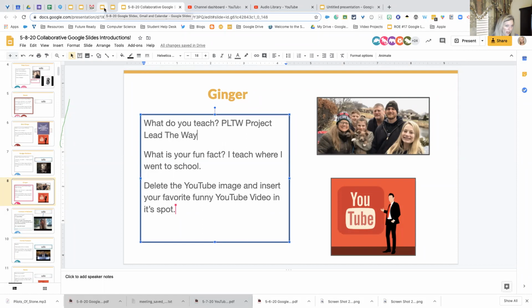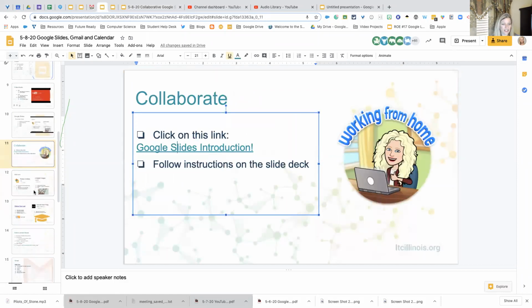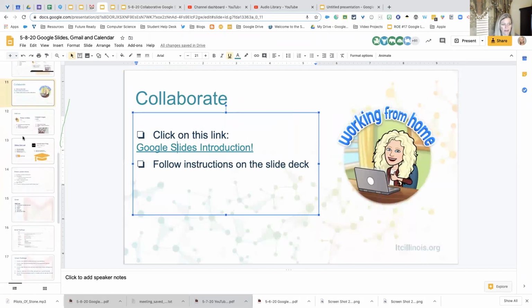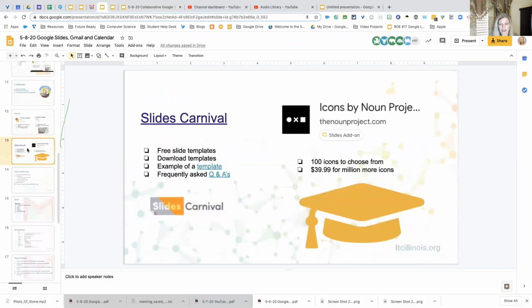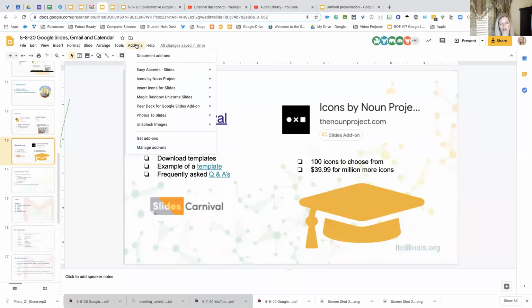So I did spend a little bit extra time on slides. So as you can see, there's still so much more here. If you look on slides 12 and 13, here's add-ons. We've talked about add-ons in some of our other workshops. If you're not familiar with add-ons, basically add-ons are people or some companies have created other things to manipulate your Google Slides. So how do you get add-ons? If you go to get add-ons and search for different things, a few of them that I looked at was